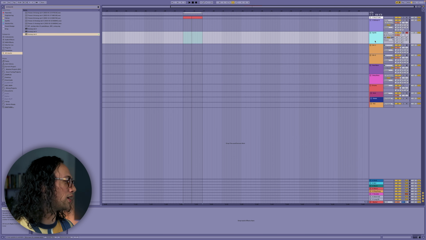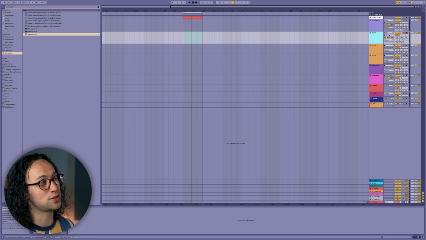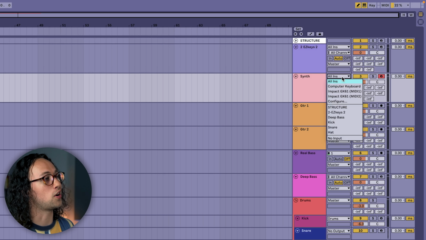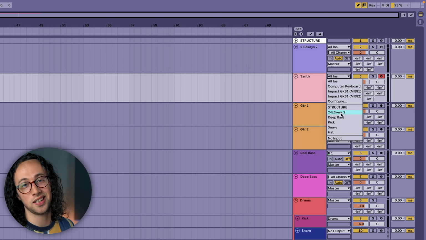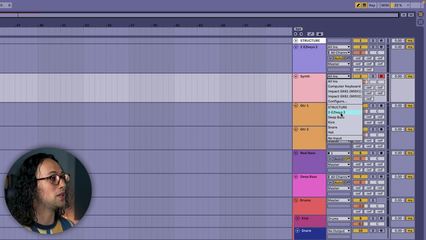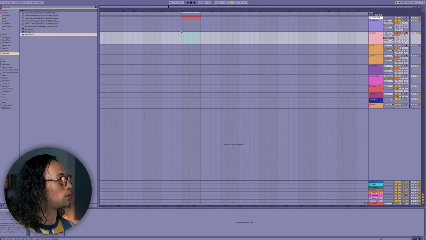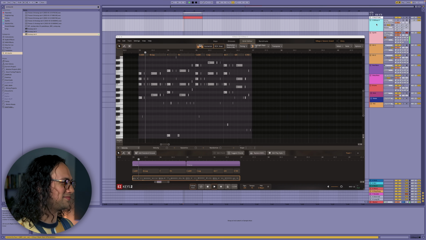But what I really like to do is to route the MIDI from within EZKeys straight into a synth of my choice. So I've got Analog Lab set up here, and if you're in Ableton, the easiest way to do this is to just go to the drop down where it says All Ins, and then just select EZKeys, because that's going to be where we're receiving our MIDI input from. And then under the second drop down, just select EZKeys 2 and set the input to In. And then when we press play here,